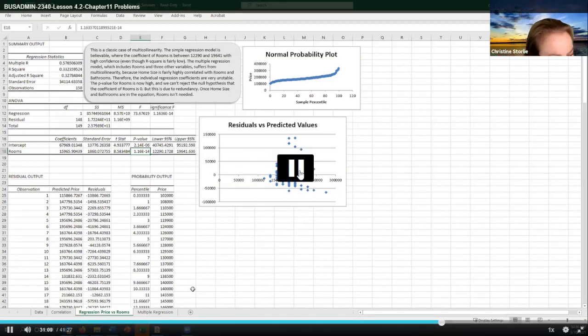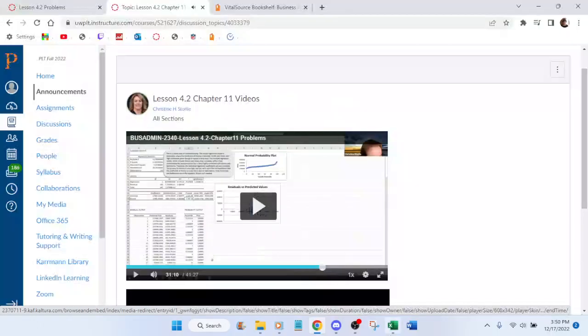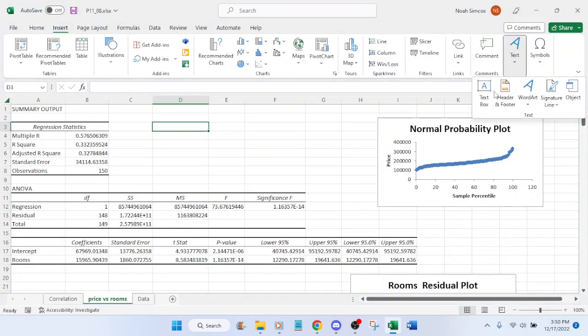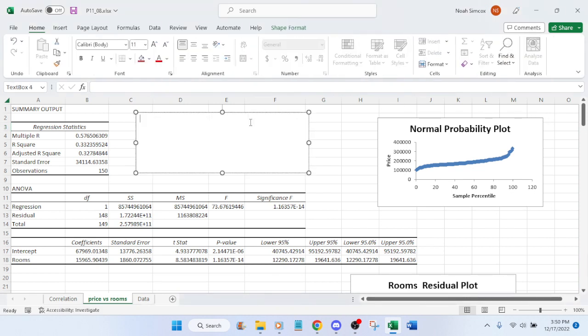Part C then. P-value less than 0.05. So rooms